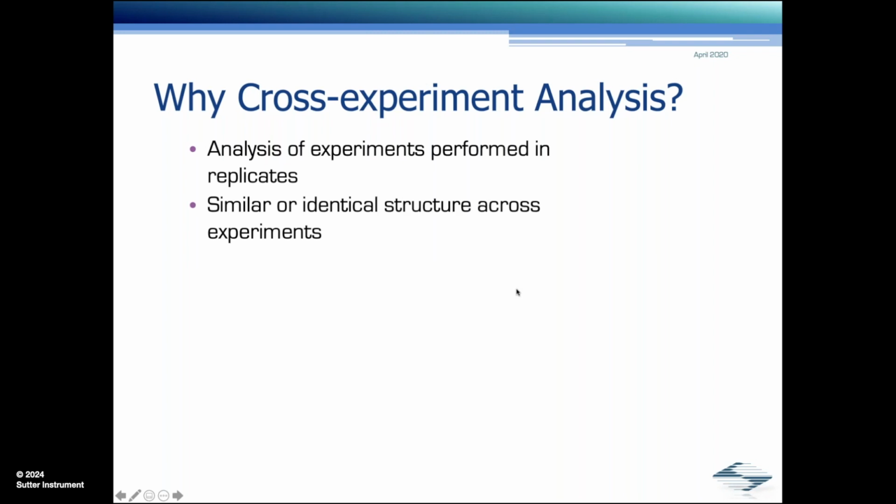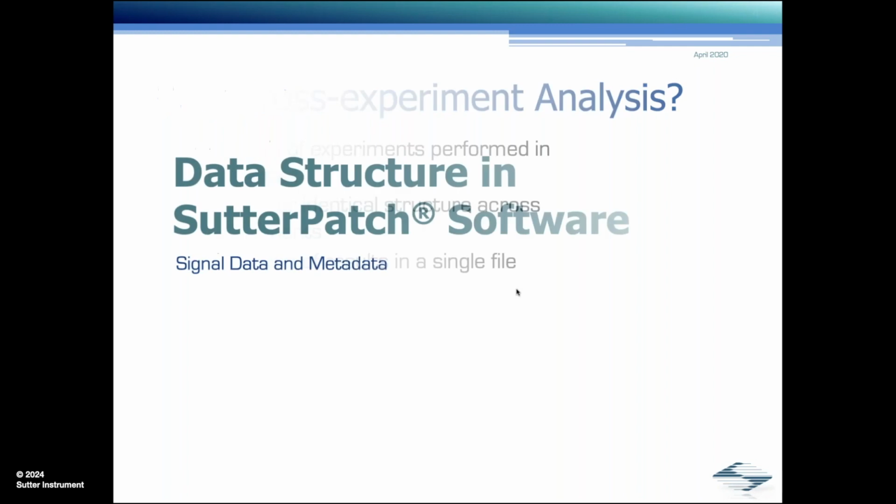So we do the same thing multiple times. If we don't do the same thing, we don't have statistics. We don't have multiple samples of the same data point. And eventually we want to collect those results in a single result file.